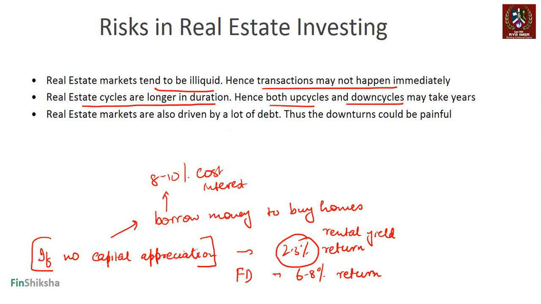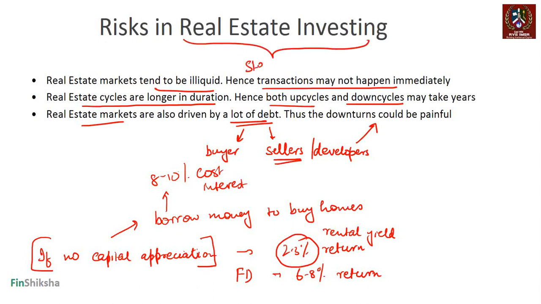So for 20 years we have had an up cycle. It's fairly possible that for 5, 7, 10 years we have a down cycle. There is no real movement in terms of real estate prices going higher, right? Also, real estate markets are driven by a lot of debt, both on account of the buyer and the sellers. All major sellers, the real estate developers I should say, run their entire operation with a lot of debt, and that could make downturns very, very serious and severe in financial terms, right? At this point of time, real estate investing is sort of stagnant.